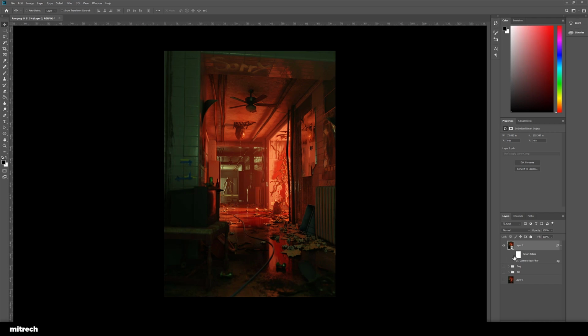And this is the final render, right? Just look at the difference with a before and after. This is amazing. I'm really glad about how this scene turned out, as I said.